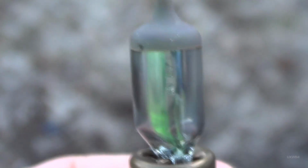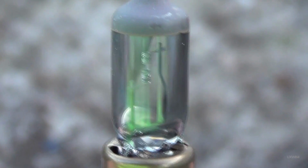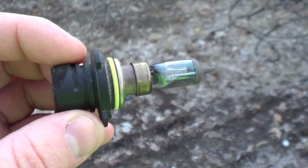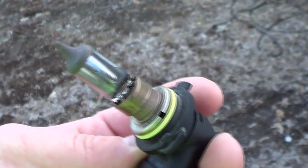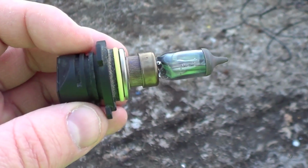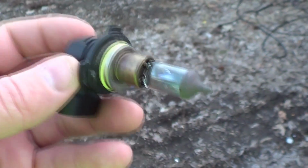The halogen gas mix in here, if my understanding is correct, is actually supposed to stave off the degradation of the filament and prolong its life. I don't know if the gas charge ultimately leaks out of the sealed glass vial in these or not, but whatever the case, things do eventually degrade, they break down, and they die. Over the lifetime of the bulb, it gets gradually dimmer, and then one day it's not going to light up